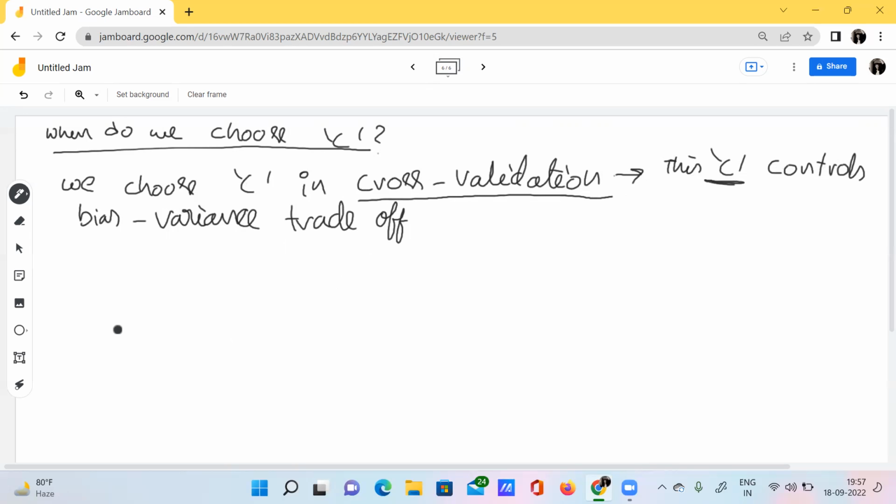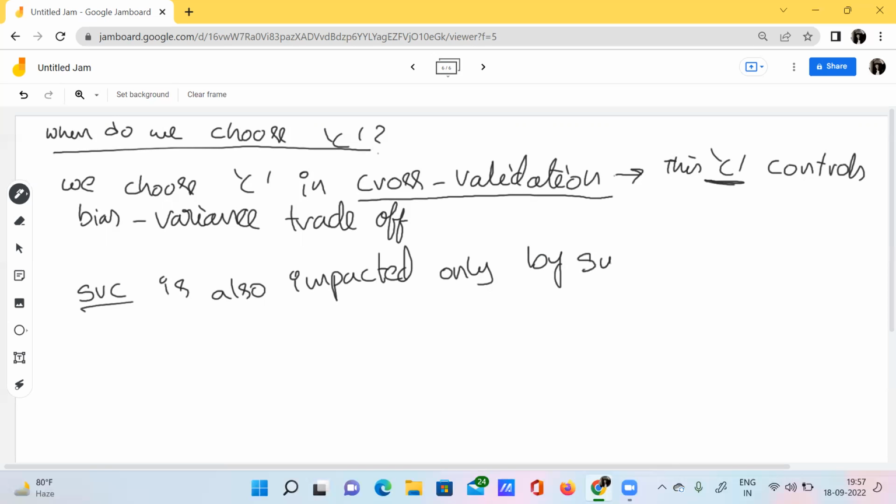Now here the support vector classifier, the SVC, is impacted only by the support vectors, right?